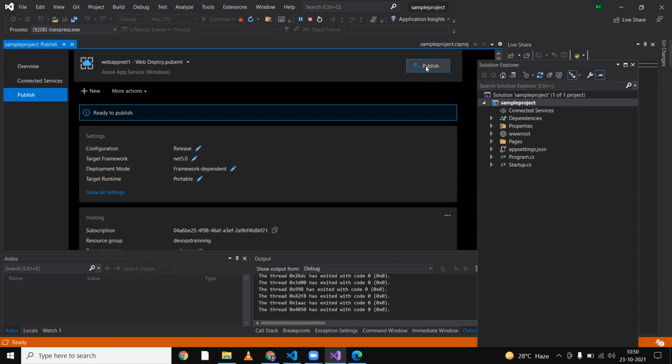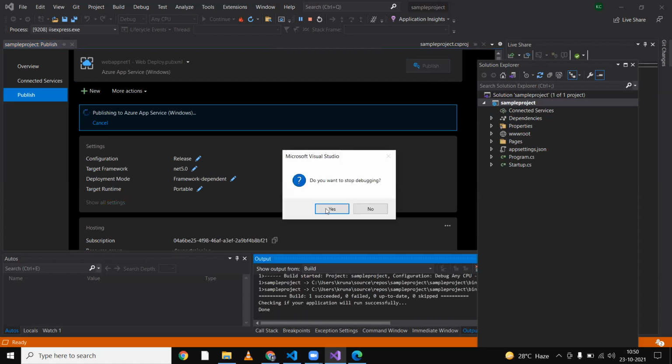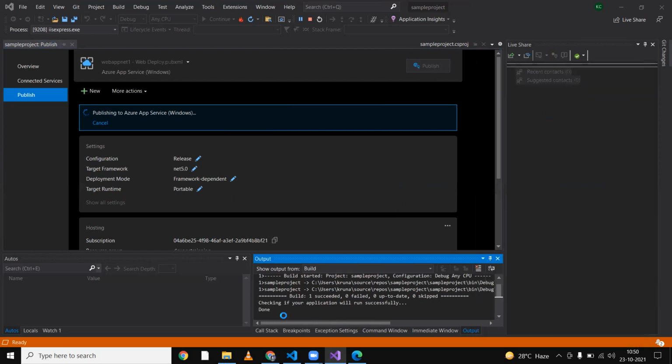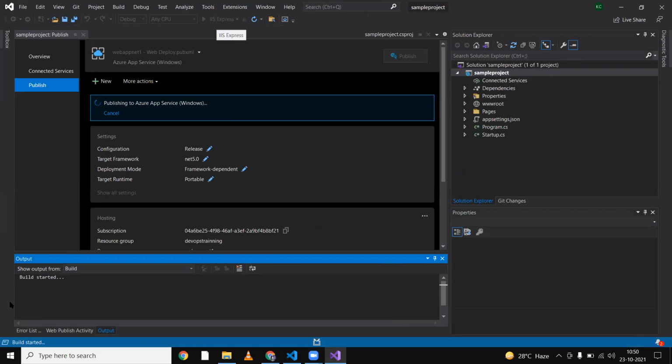See, now I will click on this publish, and here your building process is asking for debugging. Okay, so now see, here is starting the build, which you did in your local PC after clicking on IIS Express. What we built initially was in my local PC, but now you are building this